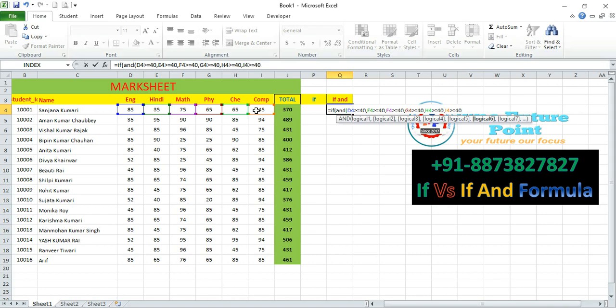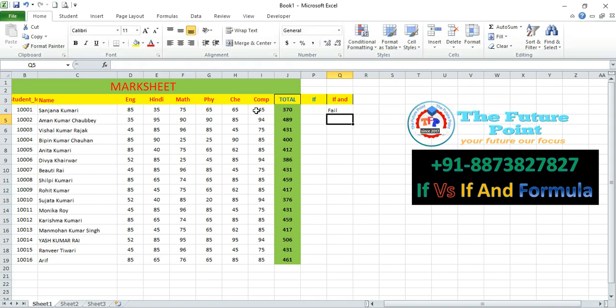Now what I will do, I will just close this bracket here. Okay, comma, and I will define what exactly I want to reflect, whether fail or pass. So I put it here pass. Okay, it should be under double quotes. Then comma, then again double quotes, put fail inside double quotes, and now close the bracket and press enter. So you see here it is showing fail, and why it is showing fail, we need